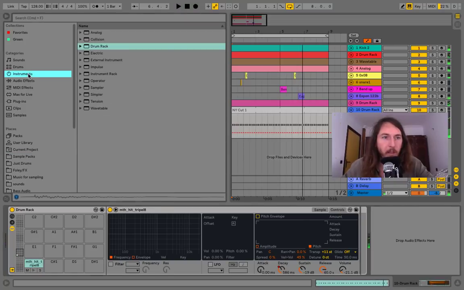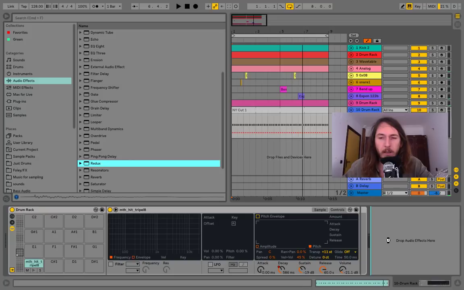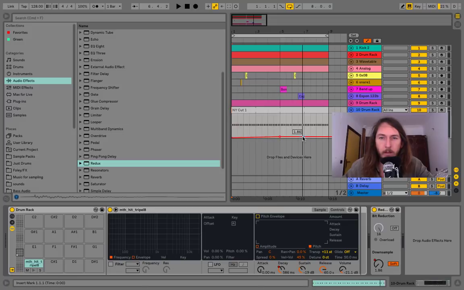So maybe I can put a Redux on this, and I can automate. I'm going to put it on soft and automate that down sample just a little bit, so each time it makes a loop of 4 bars, it's kind of